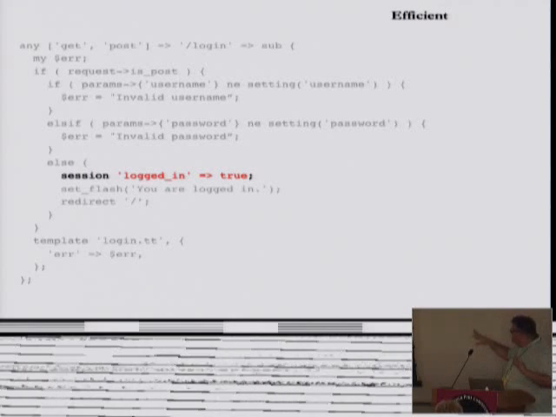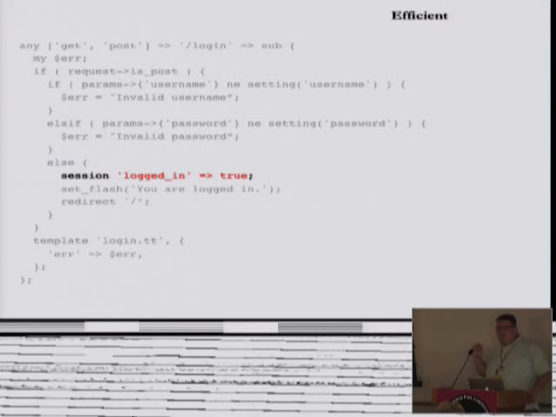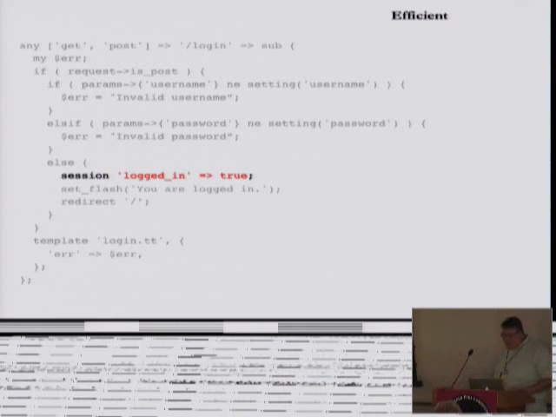Something that I just wanted to mention about session specifically is that, again, it's pretty much a key value type thing. So you can use pretty much any arbitrary key values that you want. One thing that's interesting about Dancr is that it has this true value defined for you. So true is an actual thing that you can call, and it will return a true value. I think it's actually 1. It's defined as 1. But it will return a true value to you no matter what it actually is under the hood. So it's kind of nice for readability purposes if you decide to use that in your code.